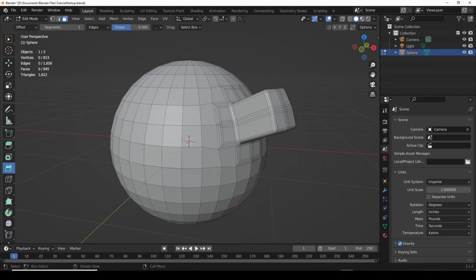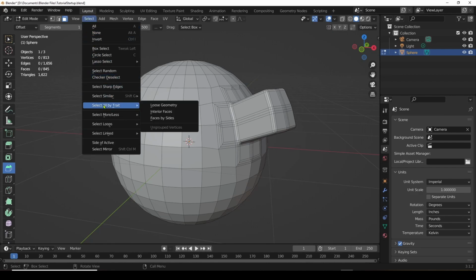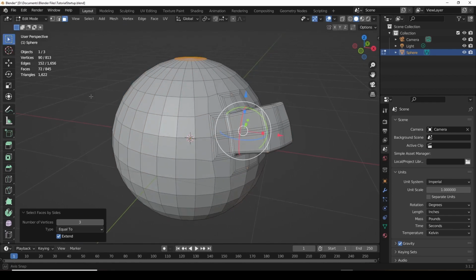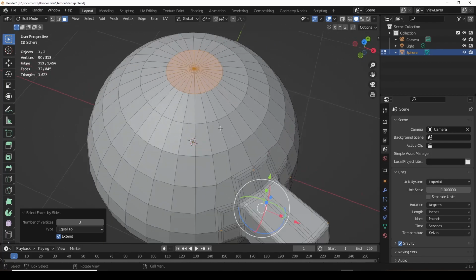So for example, if we wanted to just find all of the triangles, we can go up here to select all by trait, and we can select faces by sides, and using this drop down here, it will allow us to say, okay, only select the faces with a number of vertices of 4. And we can drop that down to 3 if we only want to look for the triangles. So here it's selected all the triangles,